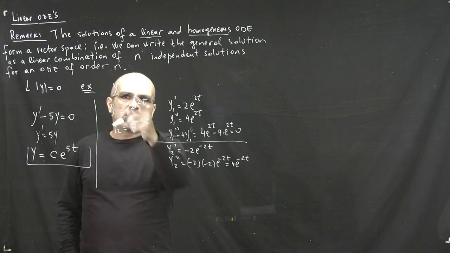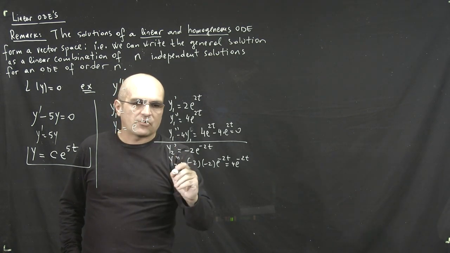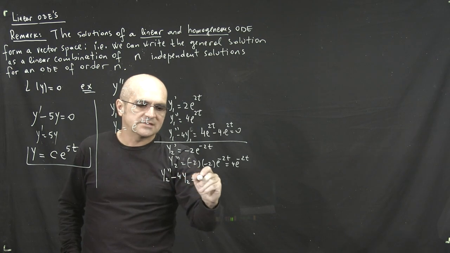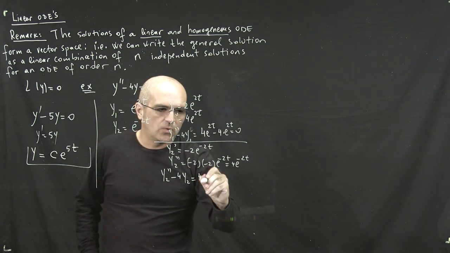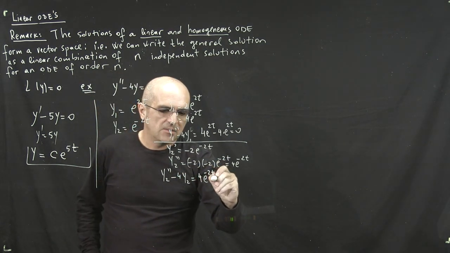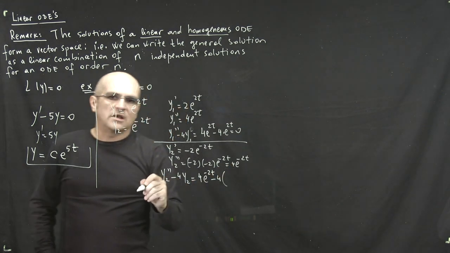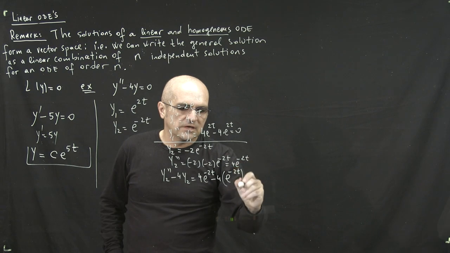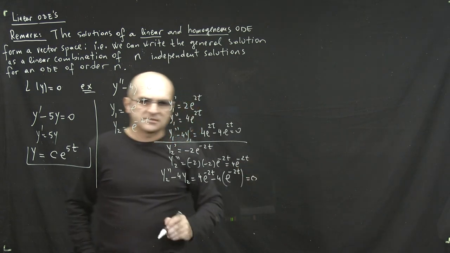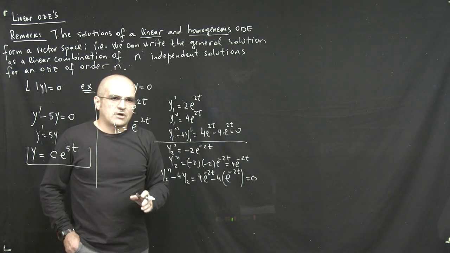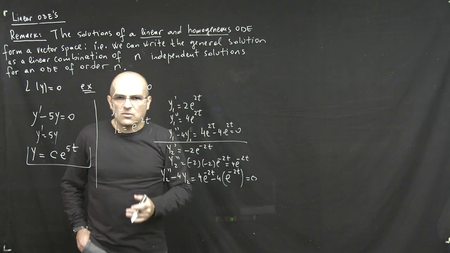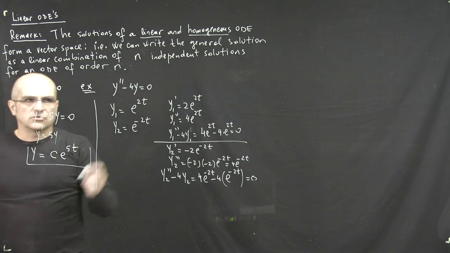If we plug it in now into the ODE, y2 double prime minus 4y2, what does that become? Well, it's 4e^(-2t) minus 4 times y2, which is e^(-2t), and obviously this is 0 as expected. So again, take it for granted for now. We're going to learn how to find this, but notice that indeed y1 and y2 are solutions of this